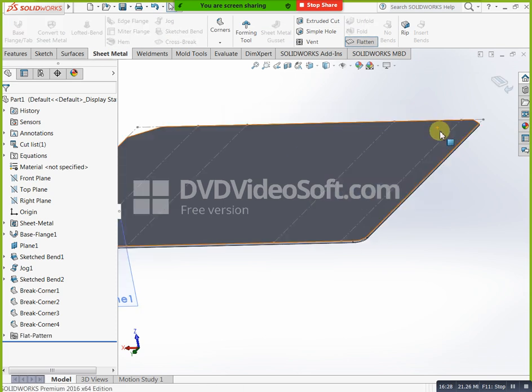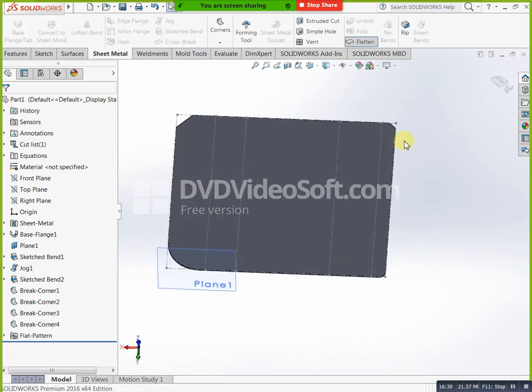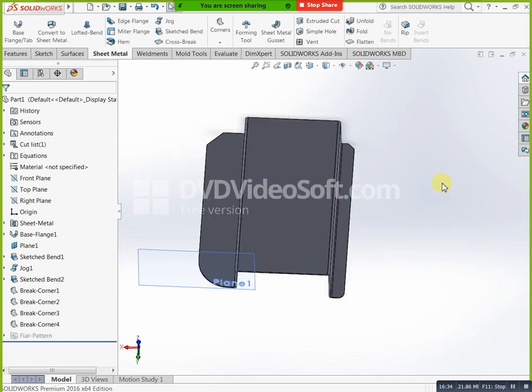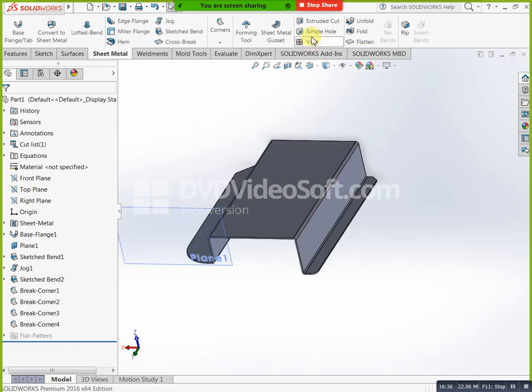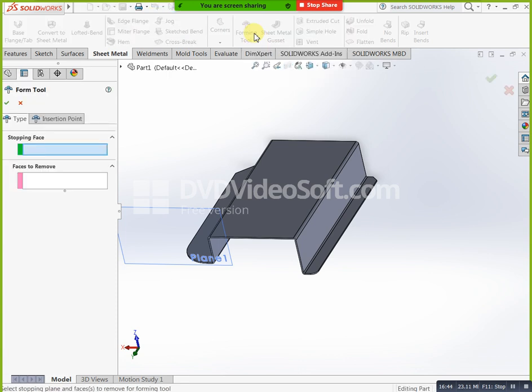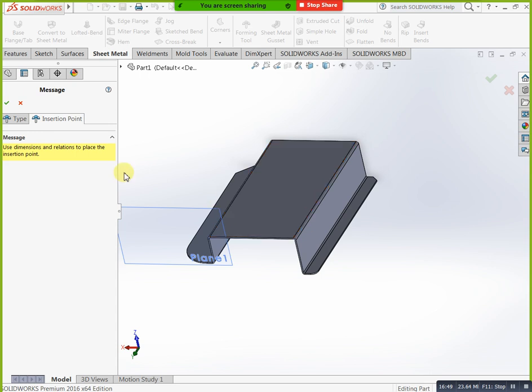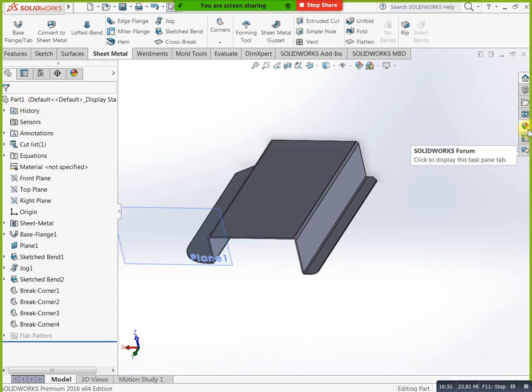For example, we have to apply forming tools. That condition you can go, but we don't have any forming tools. How can we apply? Now we have one out. That condition you can go with here design library. In this design library, go to design library, forming tools. Here we have forming tools. Okay, die type this one. This is die type. Okay, which type you need, you can create that type very easily.